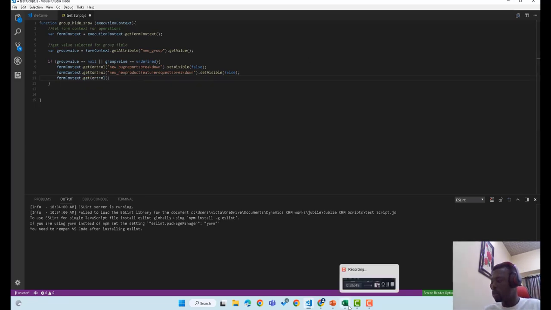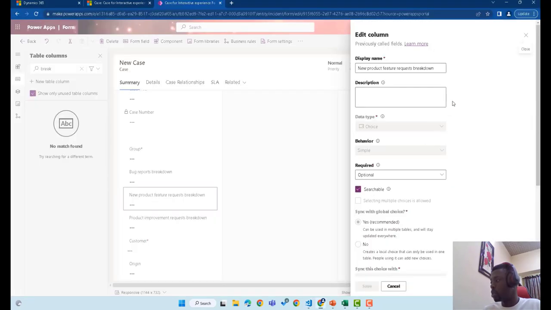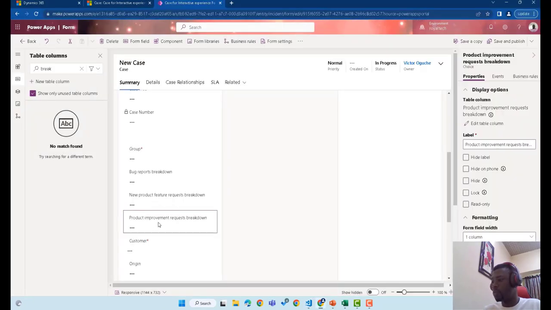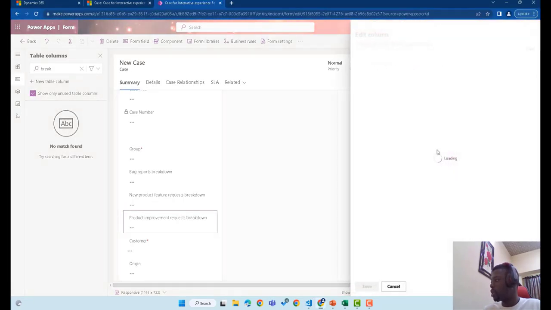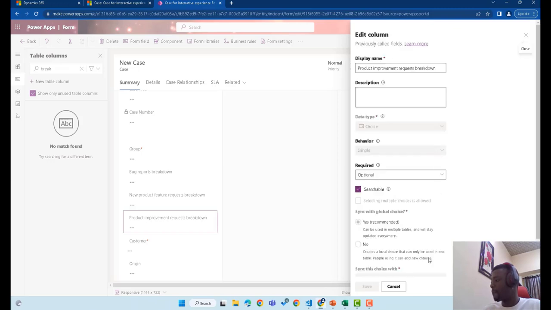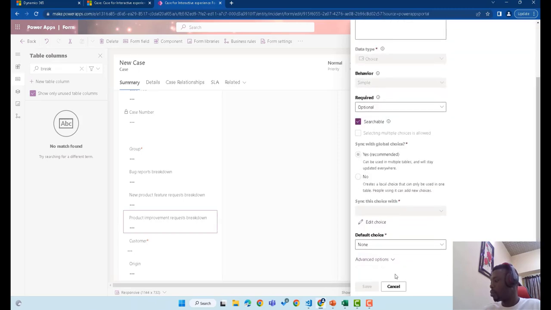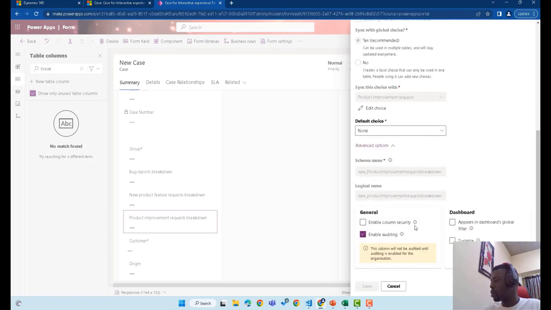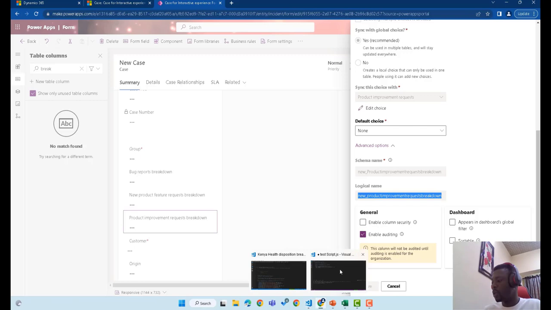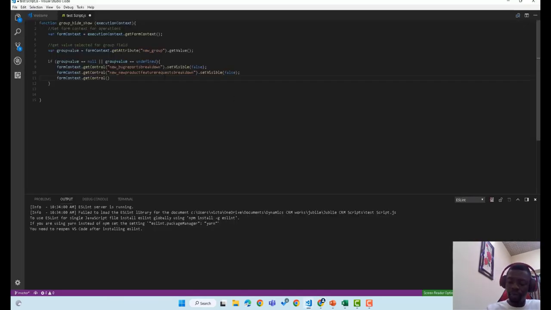And what we want is the last one, which is products improvements. Edit this. Then you scroll down to this and copy what you have here for the logical name. Go back to your script, put this in, and you set